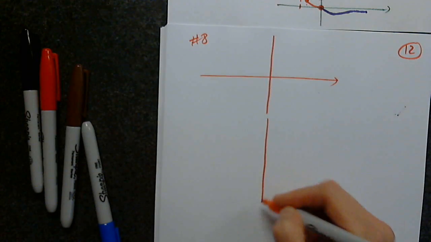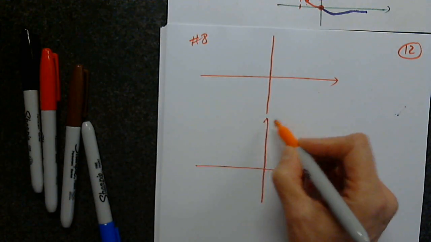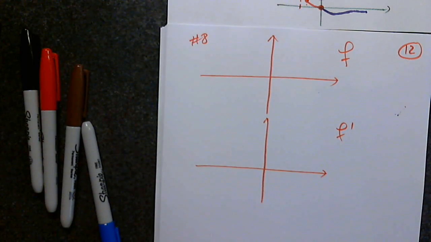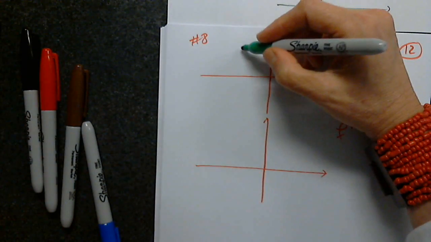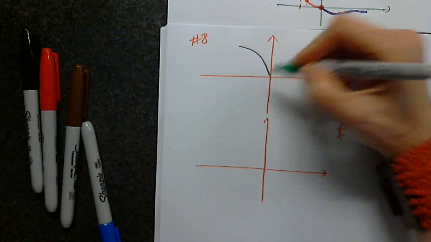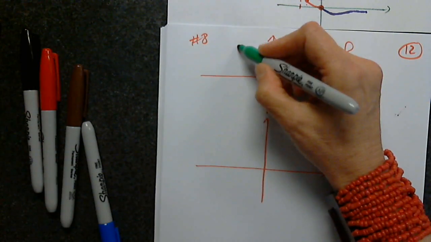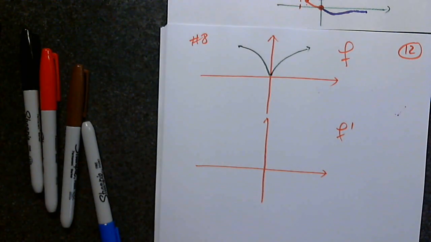So this will be f and this will be f prime. You understand why the graphs have to be one under the other, so that I can analyze the same x value. And okay, so I think the graph looks something like this, right? Yep. Yeah, it's pretty much exactly. Okay, good. So now we want to sketch a rough estimate of